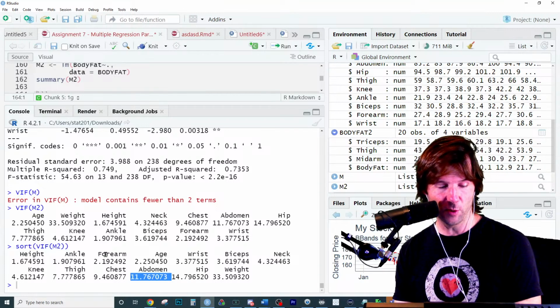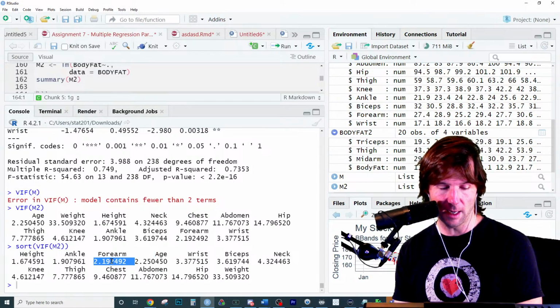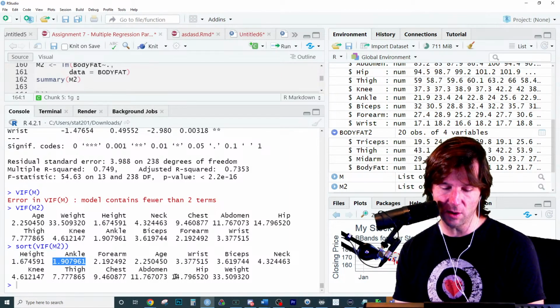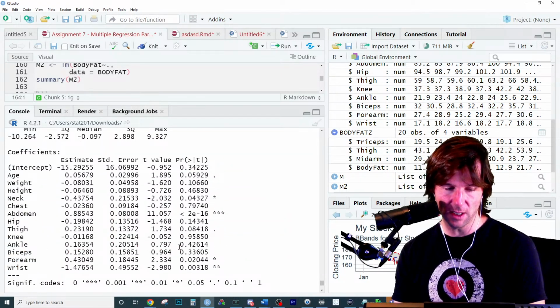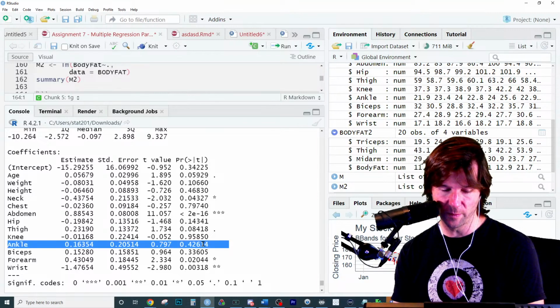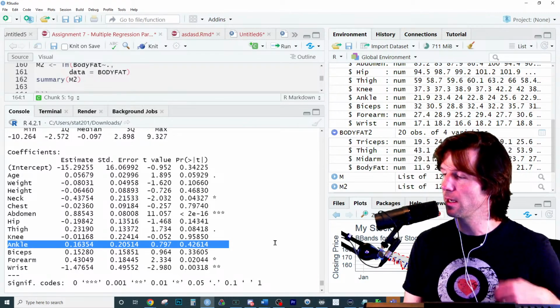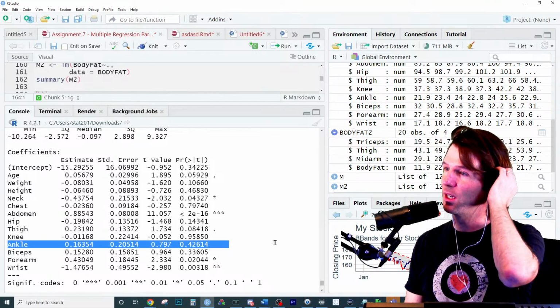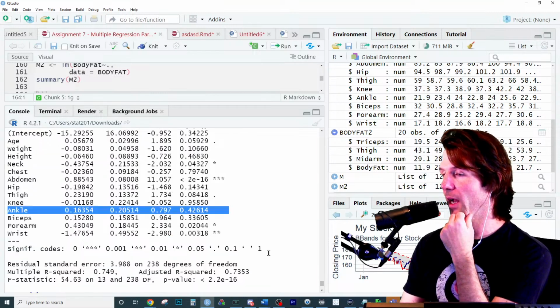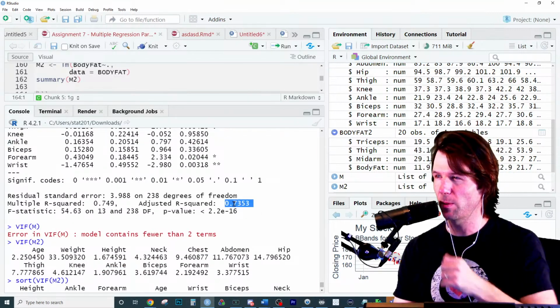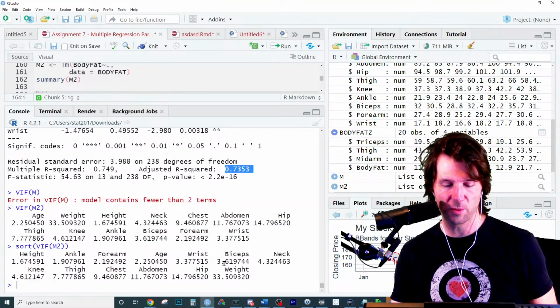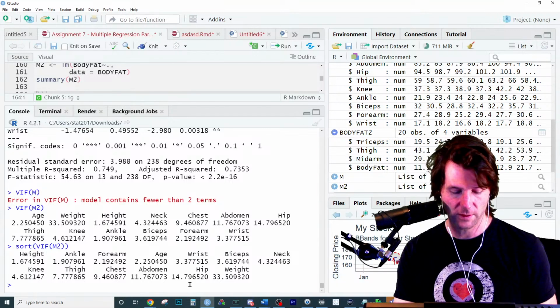Interestingly enough, forearm is not as redundant. Height has very little redundant information, so does ankle. But ankle might just not be good by itself. The ankle measurement is not statistically significant. It also isn't really redundant with the other X's. And the high cutoff for variance inflation is going to be about 3 point something. No, 2.6. Yeah, let's find out.